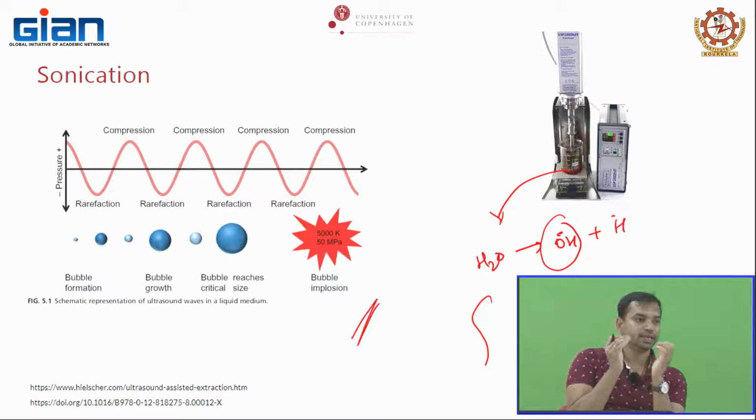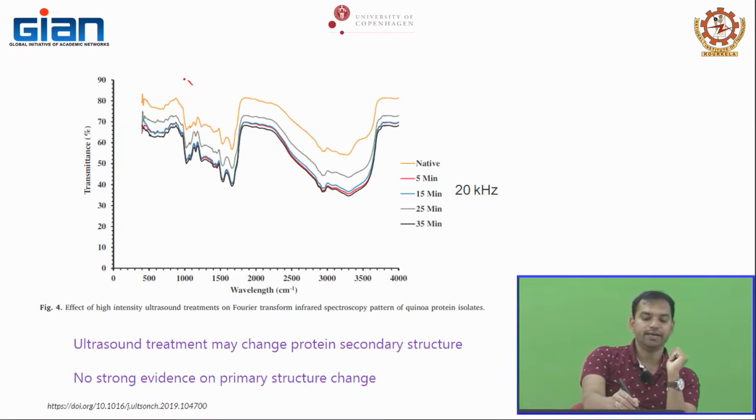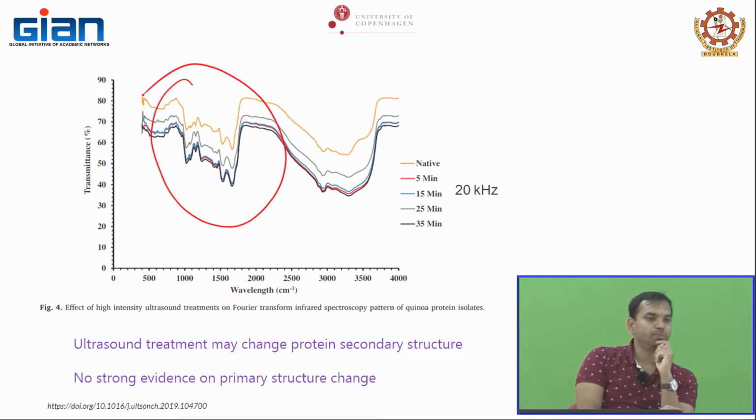Indirectly by releasing the heat or by releasing the hydroxyl radical. Am I clear? Sonication will not bring direct chemical changes because it is a very weak wave, very less energetic waves. So, molecules do not have chemical changes because of ultrasound, it is just sound waves. Am I clear? So, there are some studies that clearly show that you can change the secondary structure of proteins